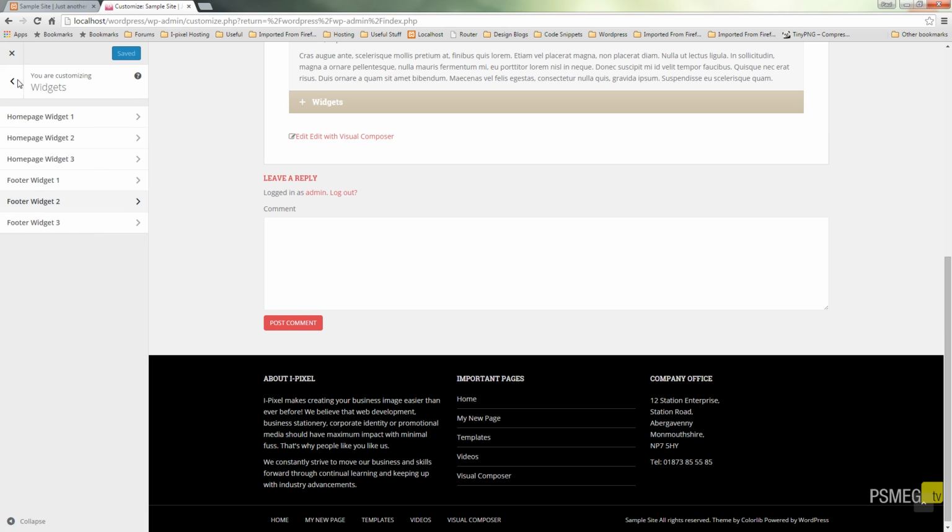I'll step back out of this, and I'll come right the way back through to the new option we've got right at the top, which is site identity. So I'm going to click on that, and you can see we've got the normal options for site title and the tagline, and we can display header text, but we've now got a new option at the bottom, which is the site icon. Now, if you've ever seen the fav icon that you see at the top,